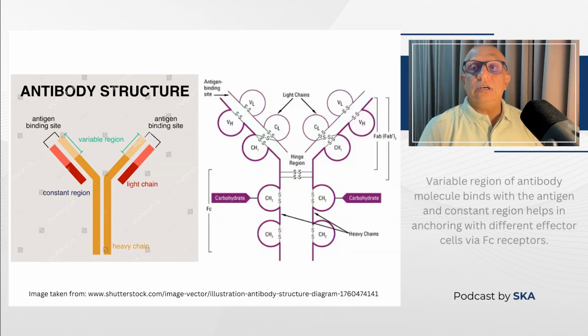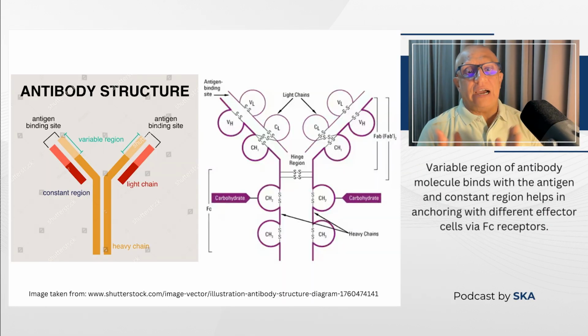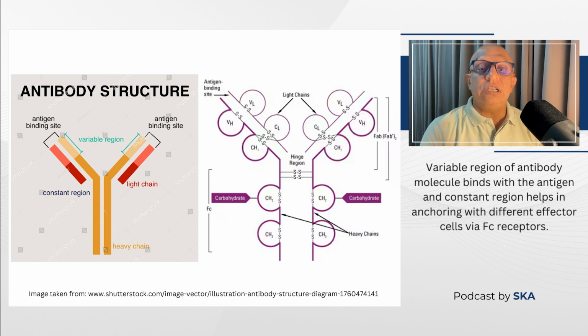If we look at the structure of the immunoglobulin molecule, the antibody is typically a Y-shaped molecule with a unique chemistry, and this unique structure allows the antibody to carry out its major functions. One of the tasks it performs is that it binds to the specific antigen, and we know that it binds to the pathogen or any antigen, or the surface glycoproteins of the viruses, by the antigen binding